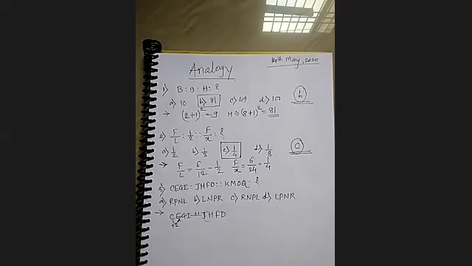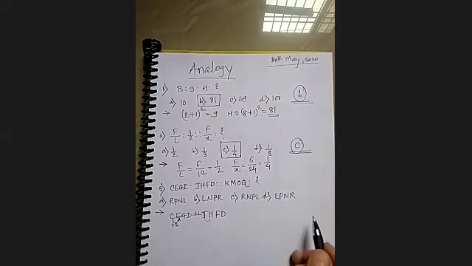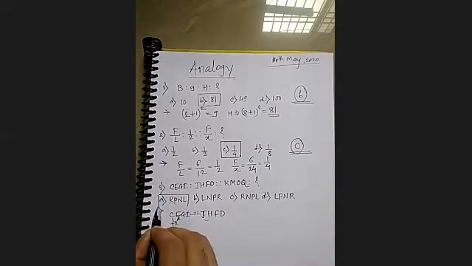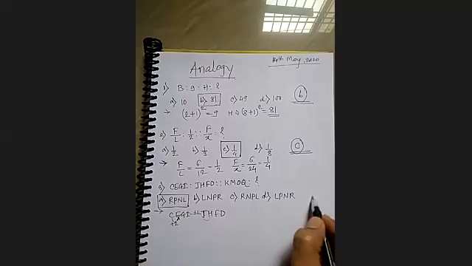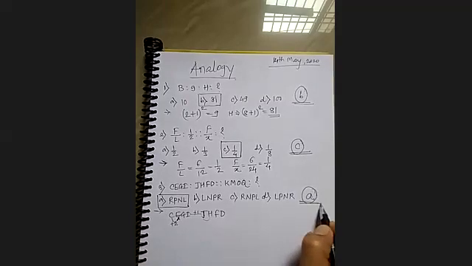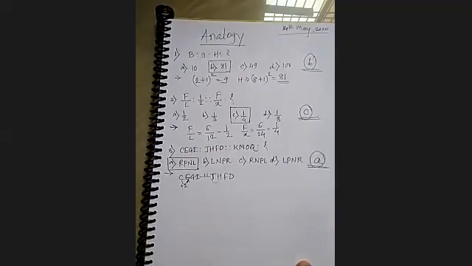Likewise, for the next one, KMOQ, after Q there must be the next one, that is R. So Q plus 1 is R. And again R minus 2 will be P, minus 2 will be N, minus 2 will give you L. And therefore R, P, N, L is your option. Right, and therefore the answer is A for question 3. Fine.